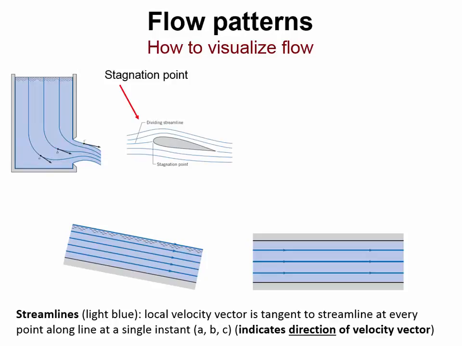That is not true on these upper images. This picture is a tank that has a hole in it. We call that an orifice, where water is discharging out into the air. And so you can see from these blue lines the direction of flow, and also the fact that since these blue lines are changing direction and getting closer together, that tells us that the velocity is changing as well. So a change in velocity is acceleration, and we'll spend a good part of a future lecture talking about different